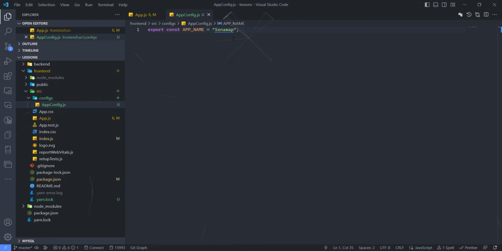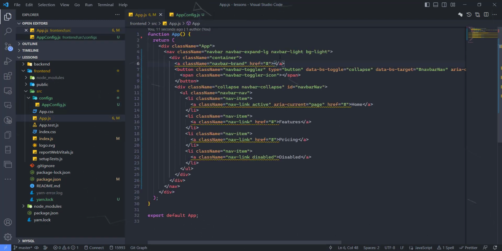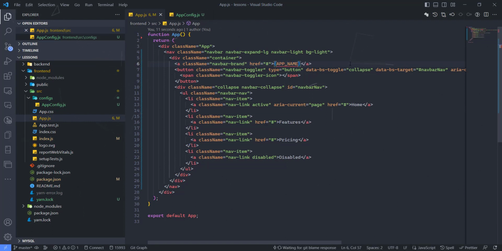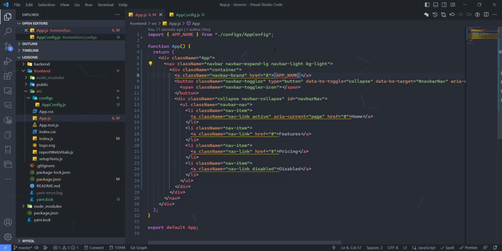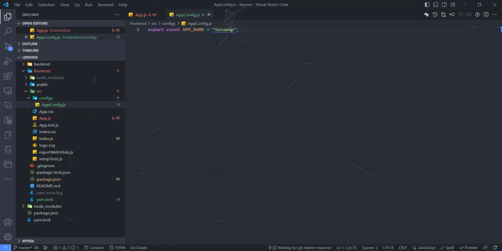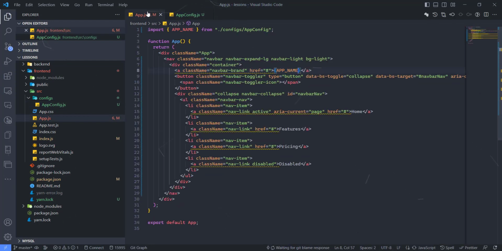Then we need to use that app name we've created. This will be APP_NAME, and we need to import that from config. You can see we've imported that from config, and we have the app name right there. Anytime I need to change the app name, I just go into this variable and change it. Simple as that. And the next thing we need to do is